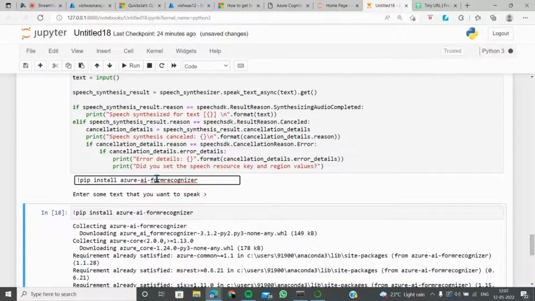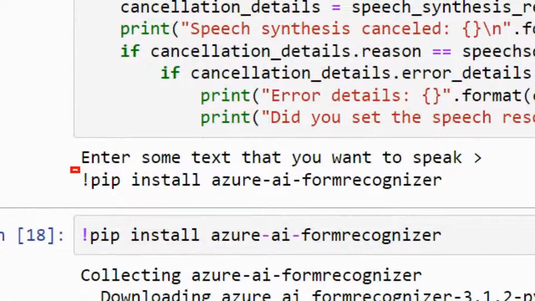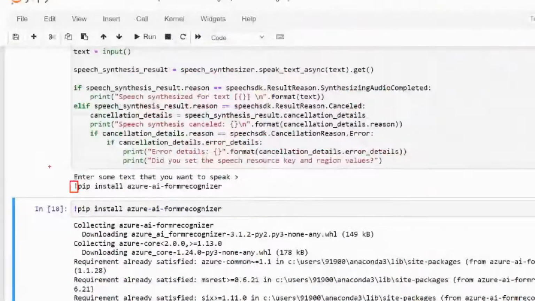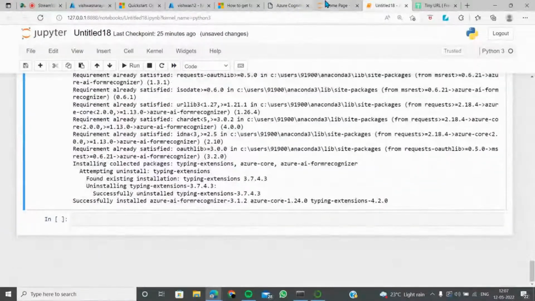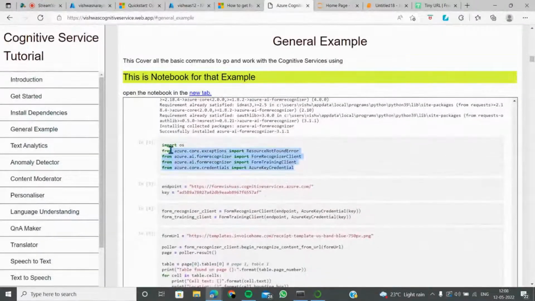Let's say whether it will say or not. Yep, I think this got rejected. I think probably it's not an error. It's just saying that okay, it's an exclamation mark, so it will always say something like you say okay and thanks and an exclamation mark. It's saying that okay, this is an emotion and it just got rejected from saying, but yeah, it starts working. So I think let's just do one demo on form recognizer. So don't worry about that. We'll just get it as quick as possible.